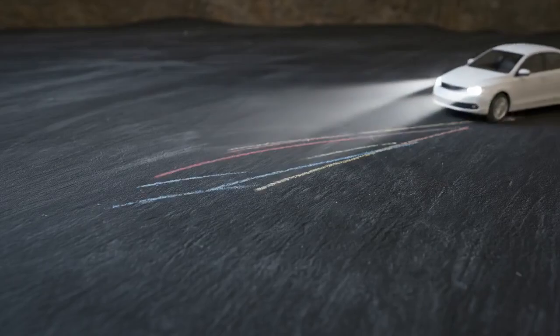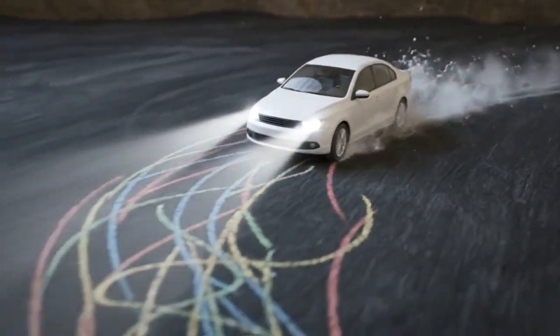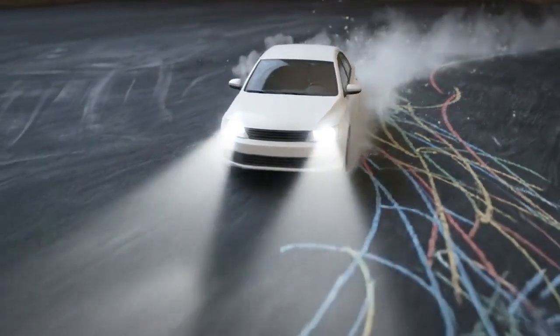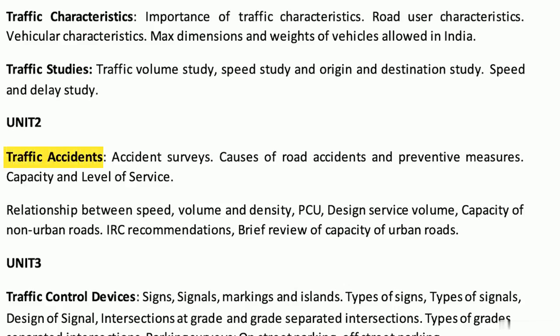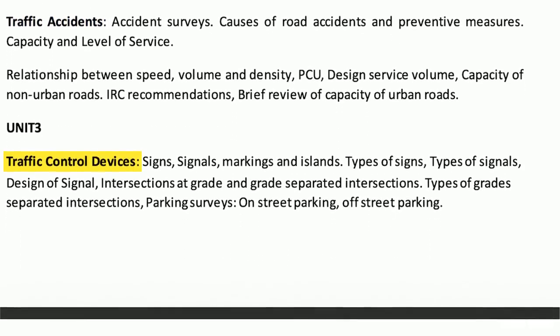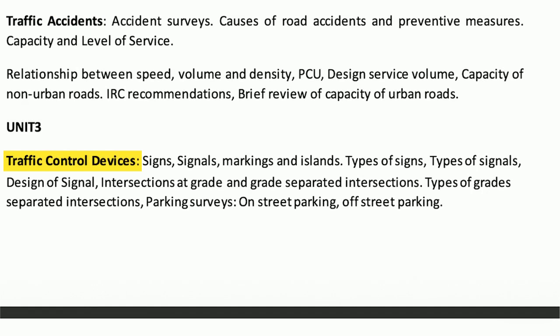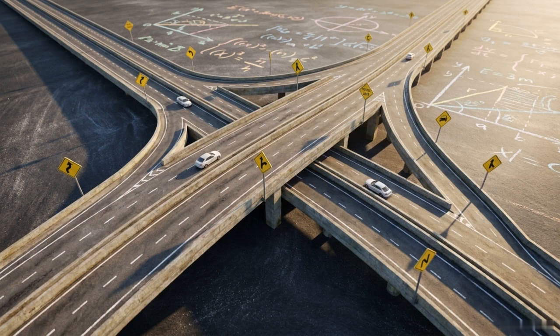But what happens when the human mind fails, or the vehicle exceeds the design limits of the road? In the next phase of the curriculum, we use these same variables to analyze systemic breakdowns and traffic accidents. We then look at how engineers deploy traffic control devices, such as signs and signals, to maintain equilibrium within the flow. The concrete and asphalt are the final outcomes of these equations, a physical environment designed to function within the